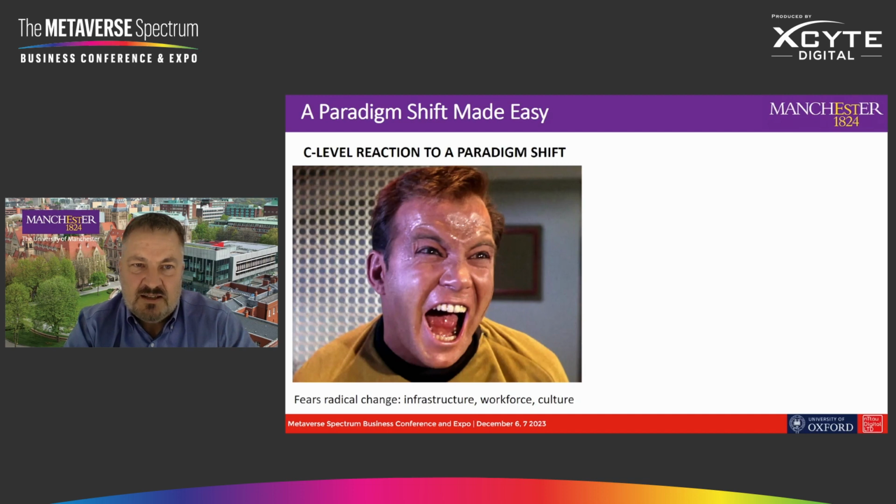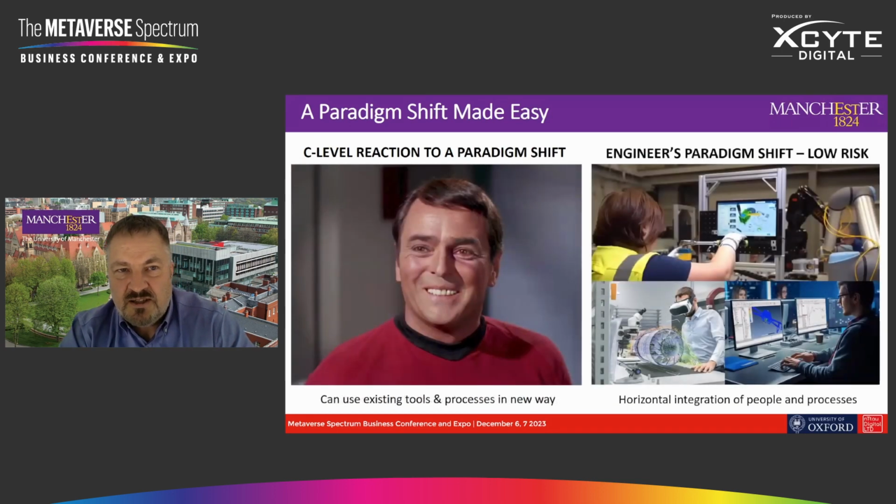But what I like to emphasize is that I believe the industrial metaverse offers the opportunity to make the paradigm shift easy. This particular platform, the Omniverse, allows everybody to carry on using their favorite simulation tools and carry on working in the same way that they've always done, in theory, from the individual point of view. But it allows the horizontal integration of people and processes and data. So whilst the engineer can use their existing tools, they can use them in a new way that is collaborative. And we really hope that our project leads to tools and a way of working that delivers a fusion power plant